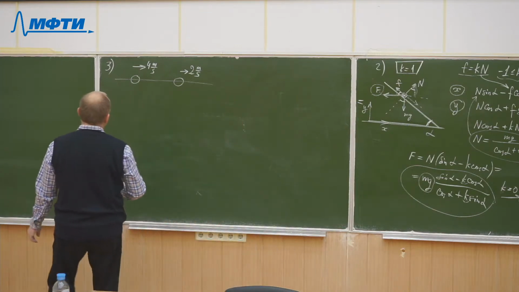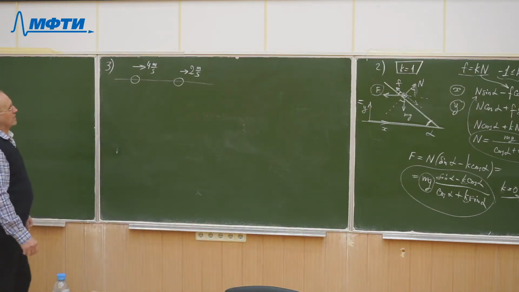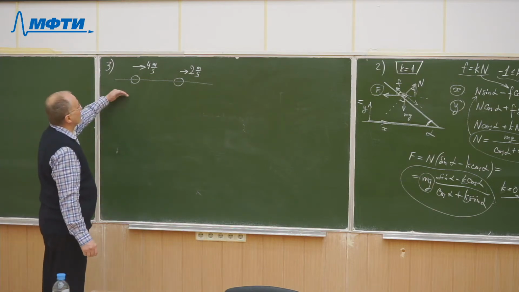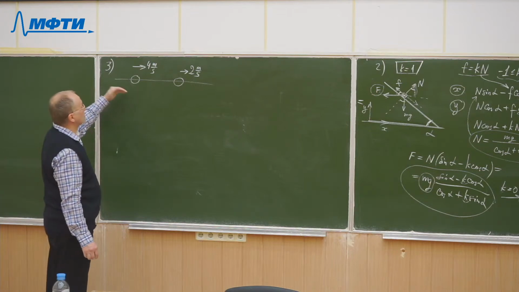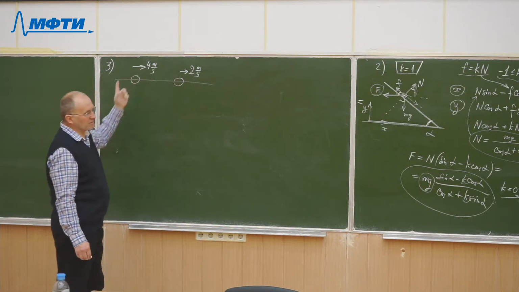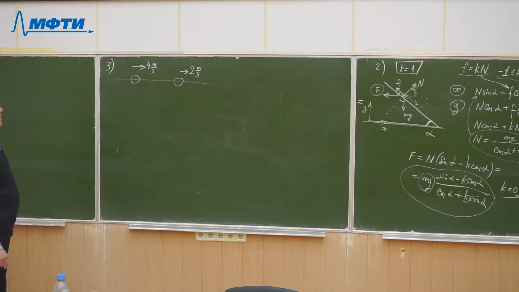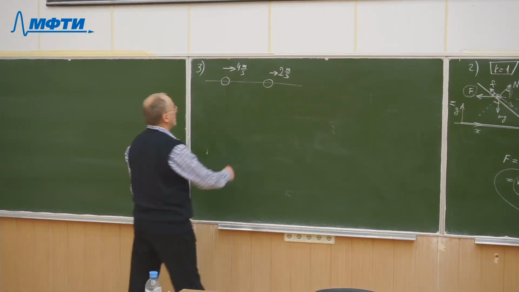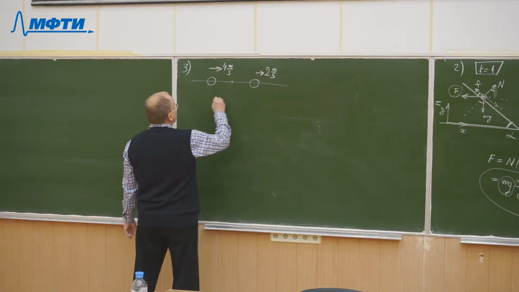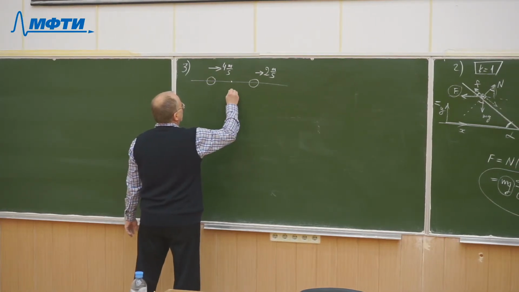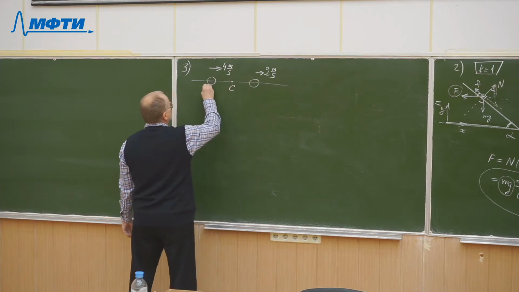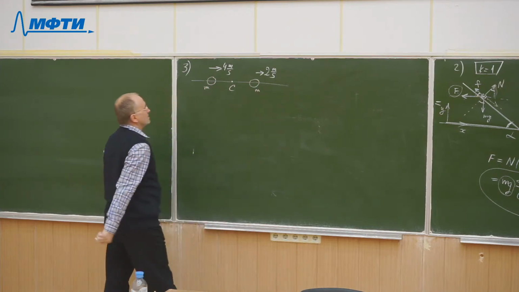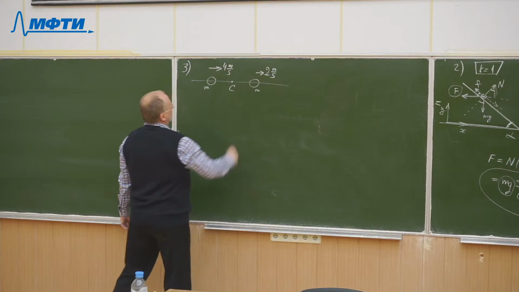Well, most of students were absolutely correct when they applied the law of conservation of momentum and the law of conservation of energy, which is applicable here because the impact is absolutely elastic. But the simplest way to solve this problem, the simplest method, is to go to the center of mass reference frame. So this is the center of mass of the two equal bodies, similar with the same mass. The center of mass is just in the middle